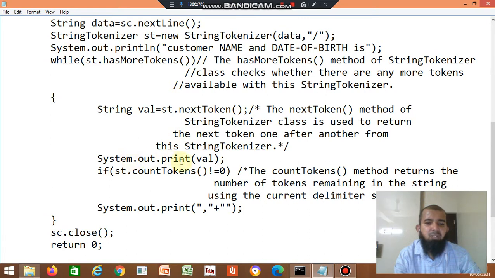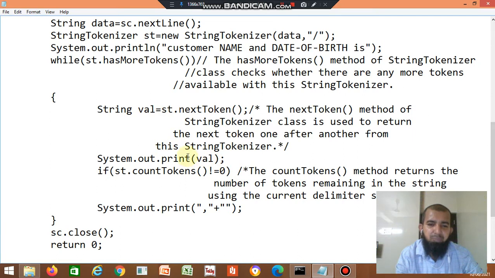Then System.out.println. So you take one token from the val variable. The first token is assigned to the val variable, which is displayed here.